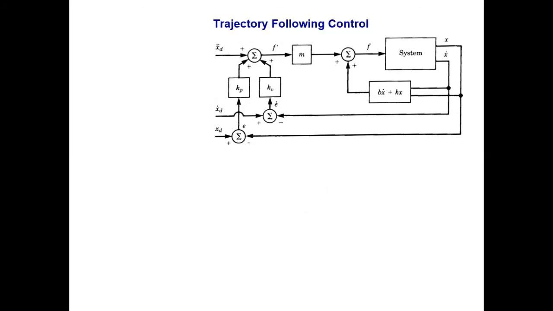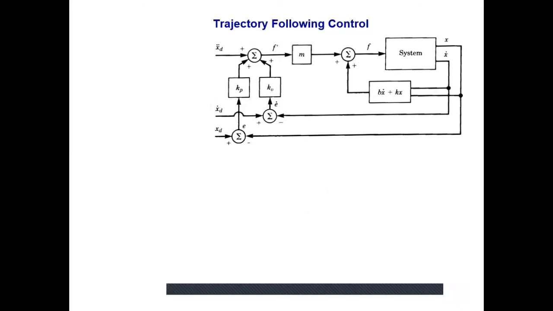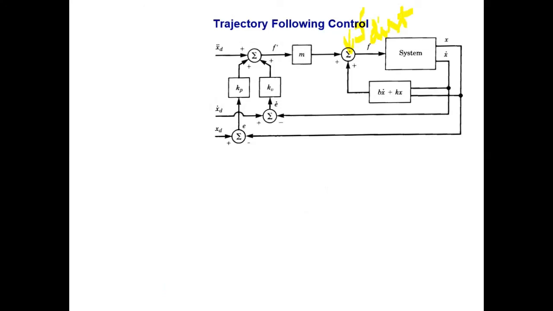Let's consider another case, a case where the system is affected by an external disturbance, F dist. So F dist represents external disturbance. When this external disturbance was not acting on the system, we derived that e is equal to 0 and the trajectory will follow the prescribed trajectory. But here the question arises: how to make the steady state error 0 under the application of this external disturbance?